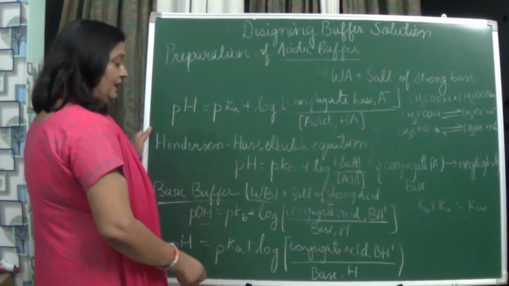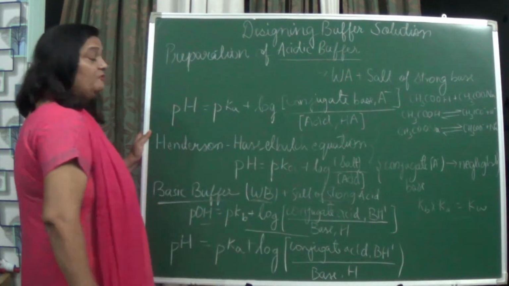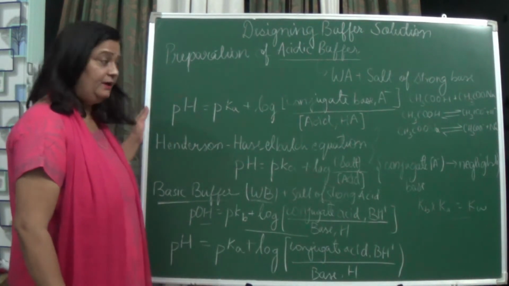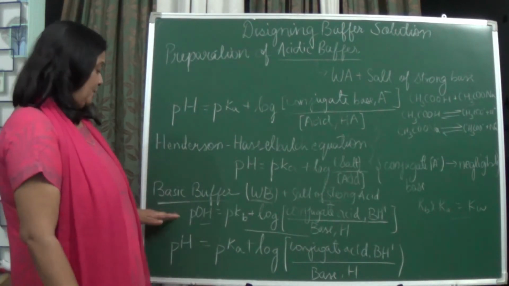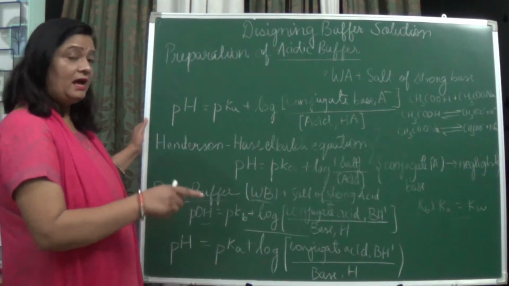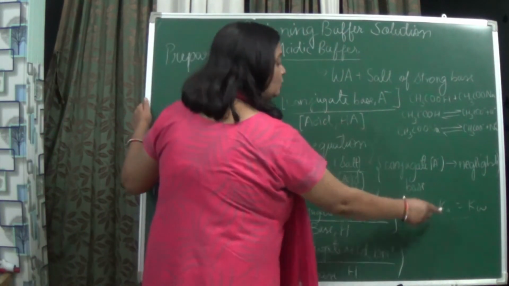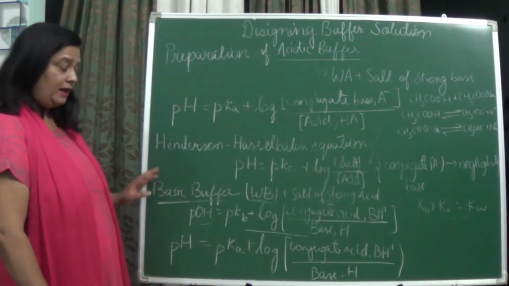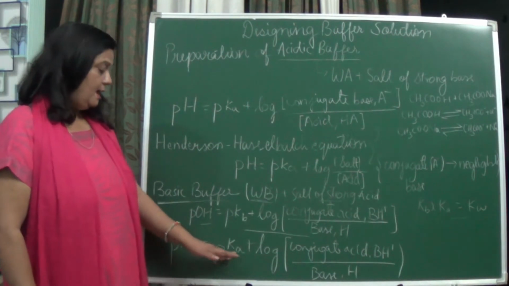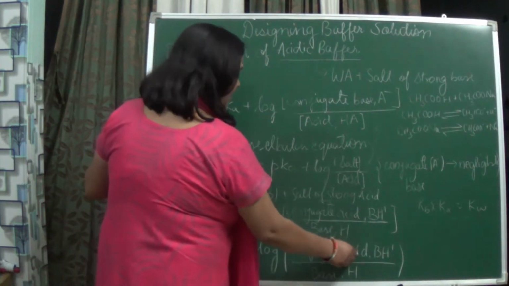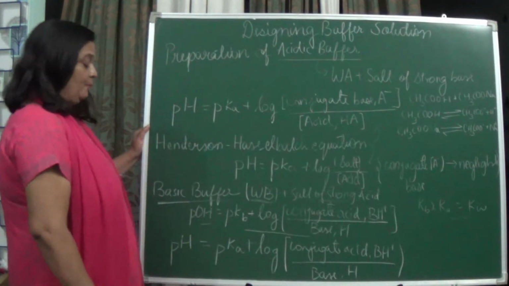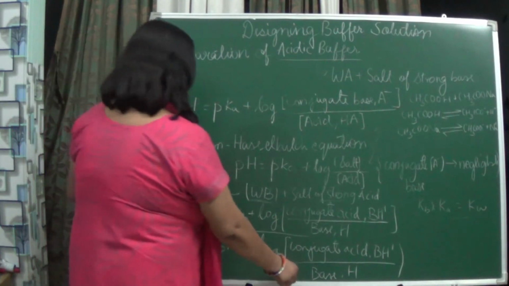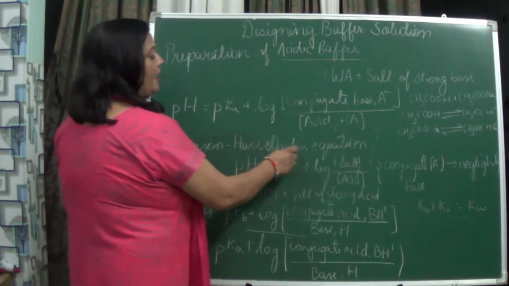Okay, so now we get the value of this, but we need to know the pH now. For knowing the pH, we will be converting this pOH to pH. How we are converting it, I explained in the last video by Kb into Ka is equal to Kw, and then step by step we found the pH. So pH is equal to pKa plus log conjugate acid upon base. Now we have got the pH. This equation is also known as the Henderson-Hasselbalch equation.